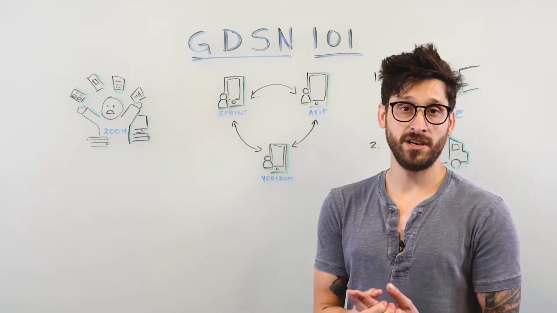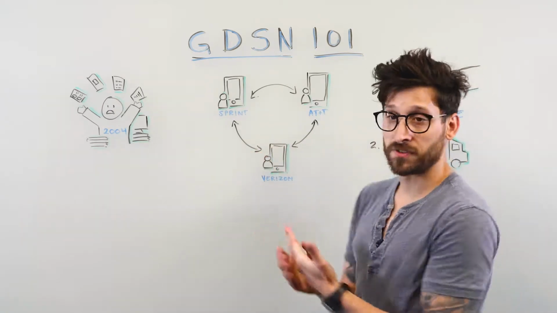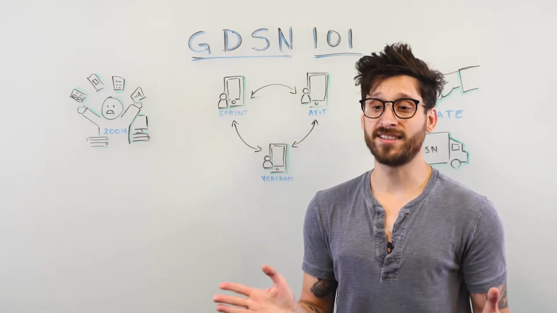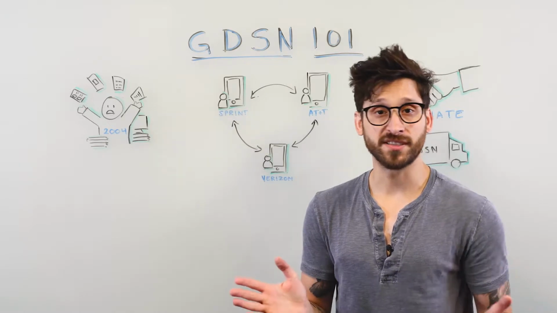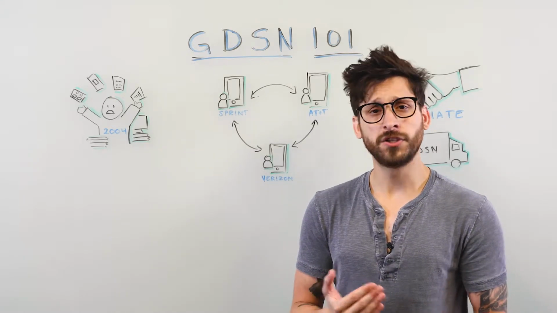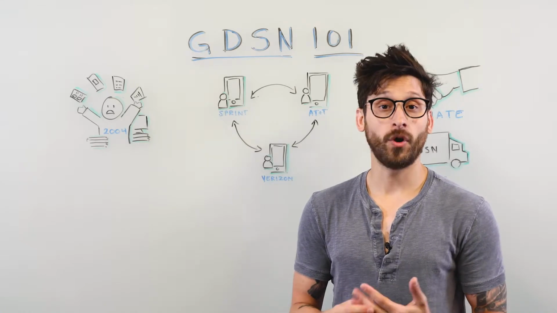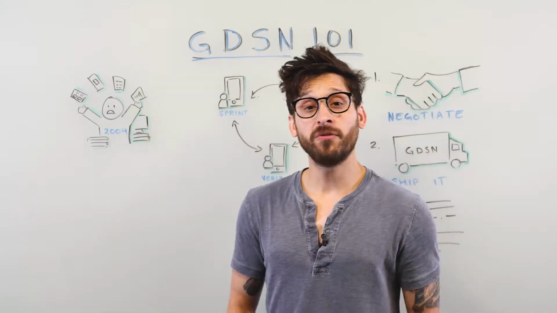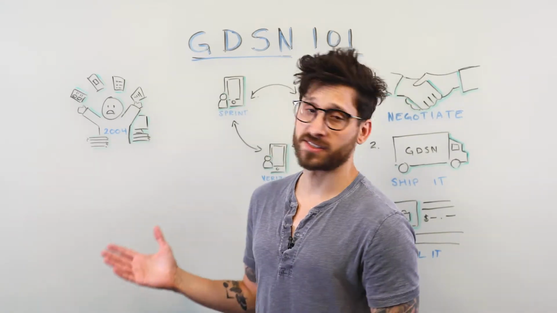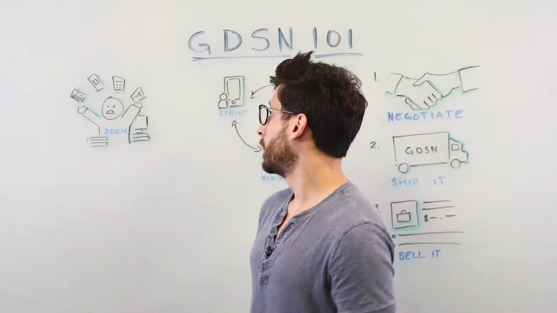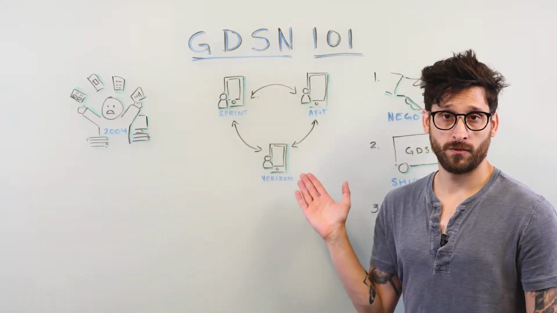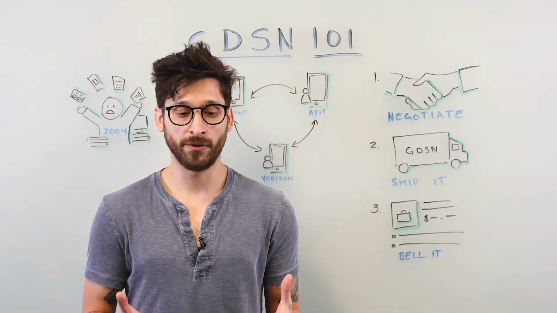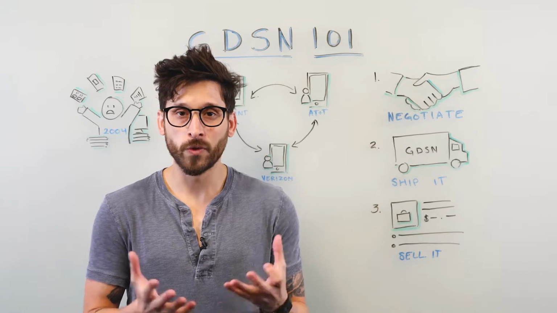The choice is what's key here, and it works the same with the GDSN. Brands, distributors, retailers, any entity that wants to subscribe to GDSN content and synchronize GDSN content can choose any data pool they want. That's the whole purpose, to give brands and retailers and distributors choice of provider. So far, we've talked about the history of GDSN and the problem that it was created to solve. We've talked about how it works with the telecom industry comparison. Now let's bring it home. Let's talk about GDSN in the wild with a real life example.